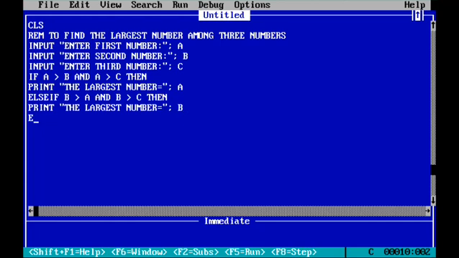Again we have to write the last number, the else part. We give the else part because if A is not the greatest number and B is also not the greatest number, then which is the greatest number? Else means otherwise. Then the last number is the greatest number, and here you do not need to write a condition. Print the largest number equal to, with the double quotation closed, and here you have to write C. Next, end if, and then end.